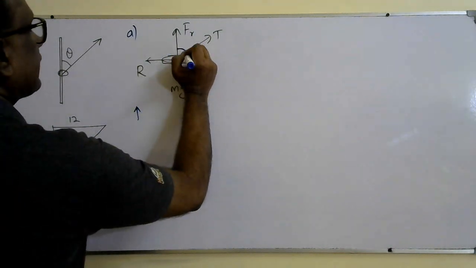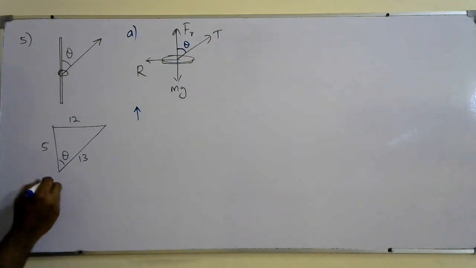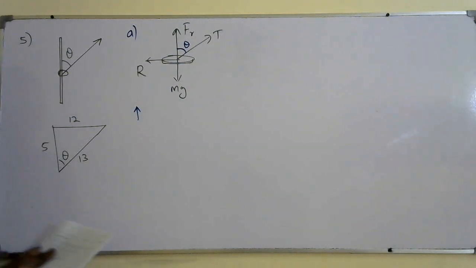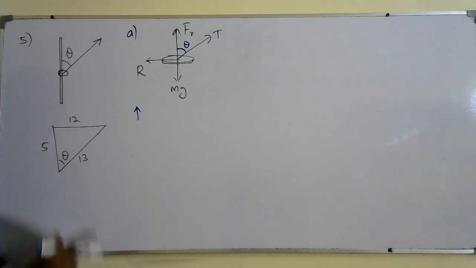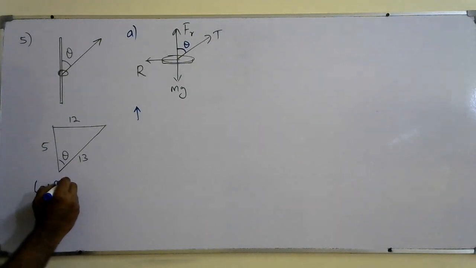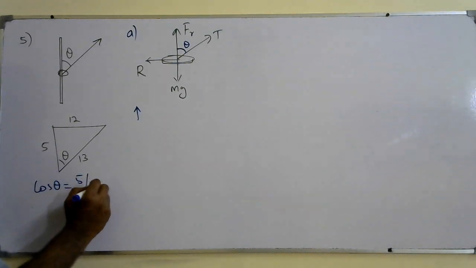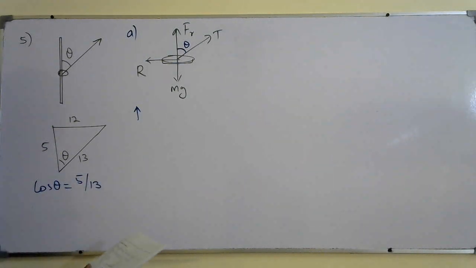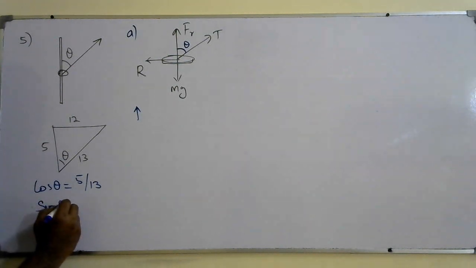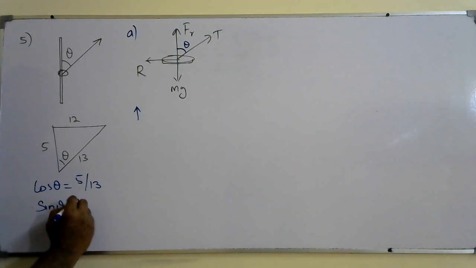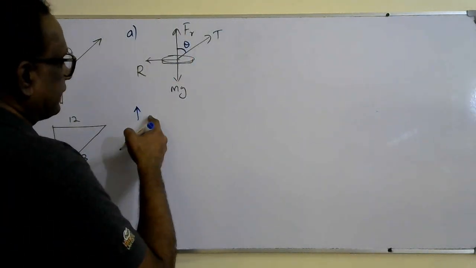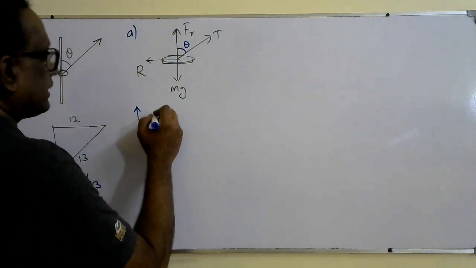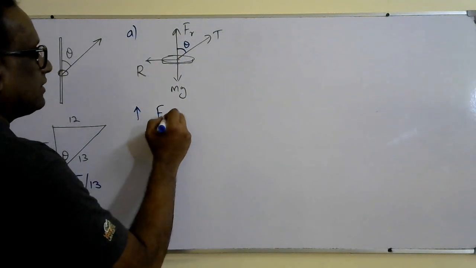So this angle is theta. So here I found it. Tan theta is given as 12 over 5. So cos theta is 5 over 13, is it? Cos theta is 5 over 13 and sin theta is 12 over 13, right? Okay, so we'll consider upward direction, the resultant force 0, so that is Fr, the friction,